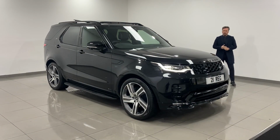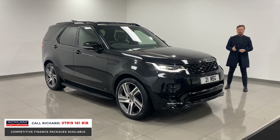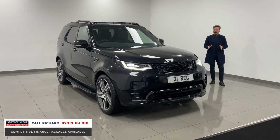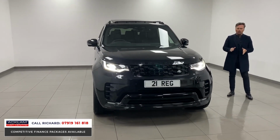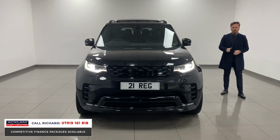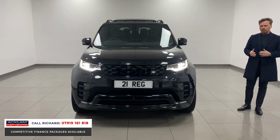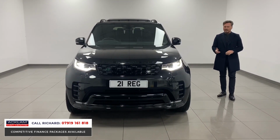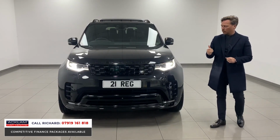Now this is the most up-to-date four-wheel drive 7-seat vehicle you can buy today, the Land Rover Discovery 5. With the options this car's got on it, it is an instant seller, a vehicle that is so difficult to buy at the moment. This is a D300 R-Dynamic HSE Discovery 5, which is as good as it gets really, being the HSE spec. It's got heated and cooled seats, 22-inch wheels, opening tilt and slide panoramic sunroof, with 10,000 miles on,